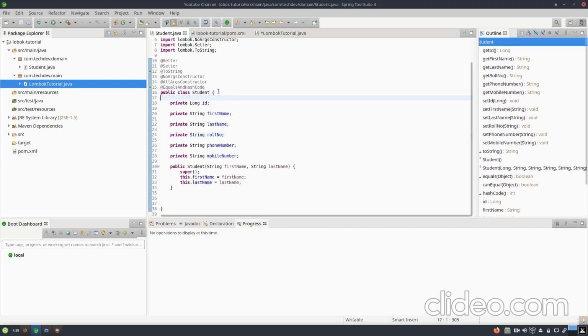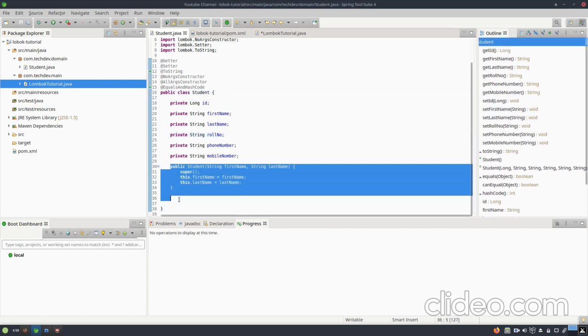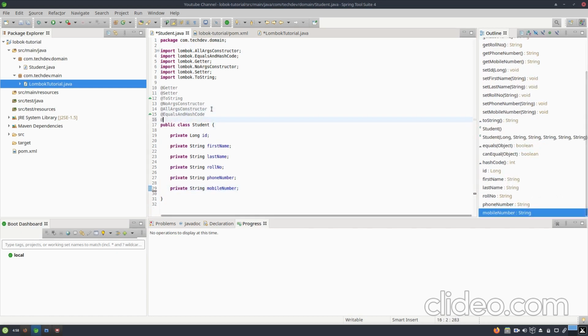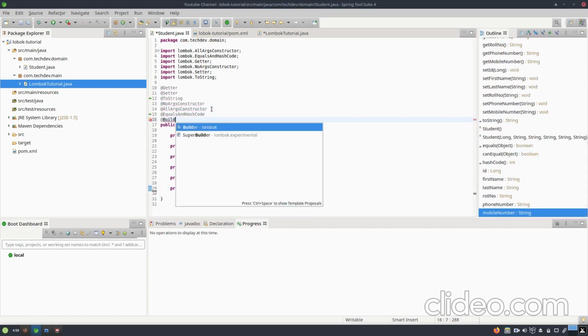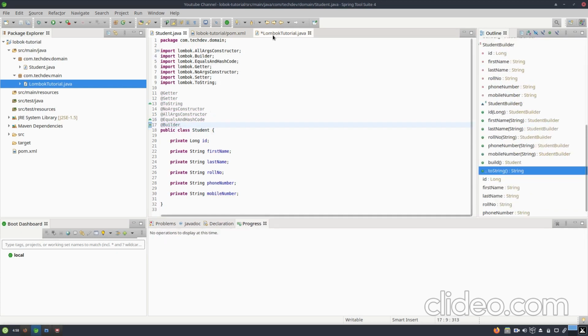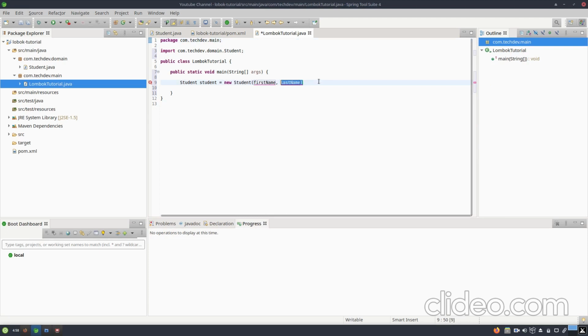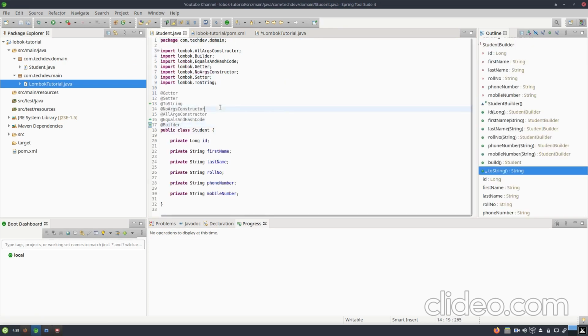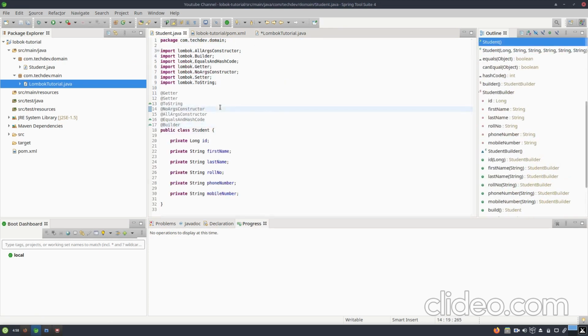Instead of creating multiple constructors in that class, just use the @Builder annotation and save it. Now suppose I want to build an object of a student having only the first name and the last name.